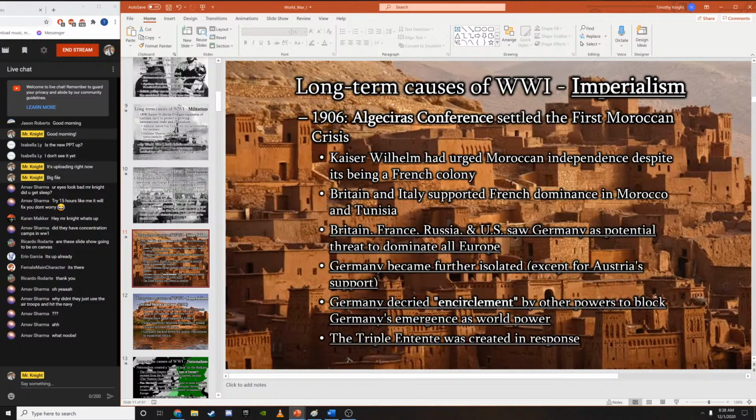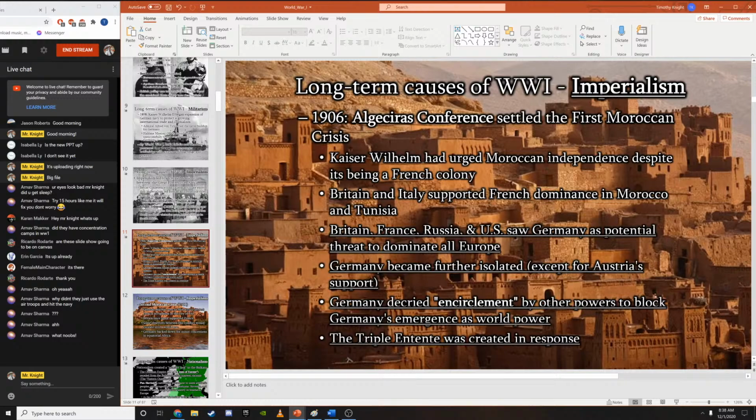And so what Germany is doing here is trying to get the Moroccans to revolt against the French and establish their independence. And the French are looking over at Germany like, what are you doing? This isn't even your colony. Mind your own business. Just let us handle our affairs here. And the Germans are like, no, we want more colonies and we want you to have fewer colonies. The French are just trying to manage their colonies just like the British were. And here come the Germans meddling in their affairs again.